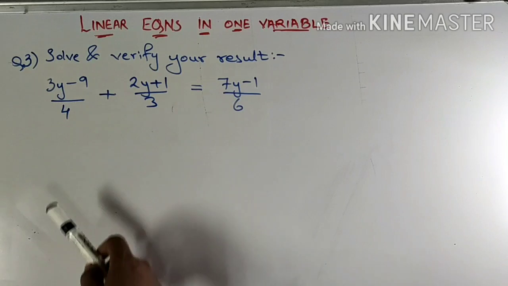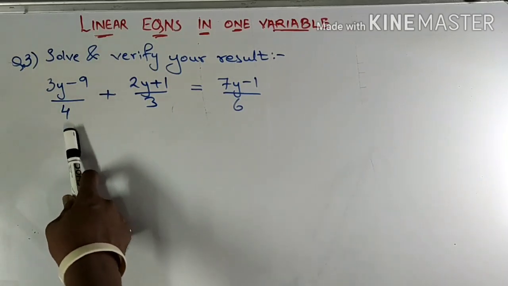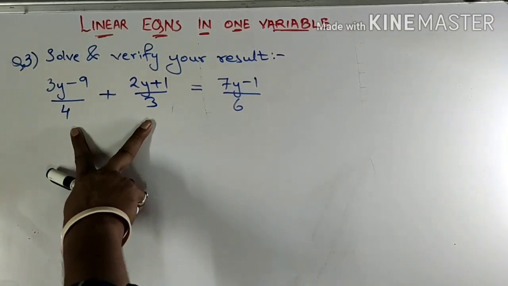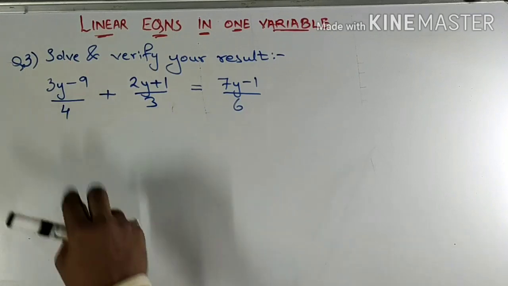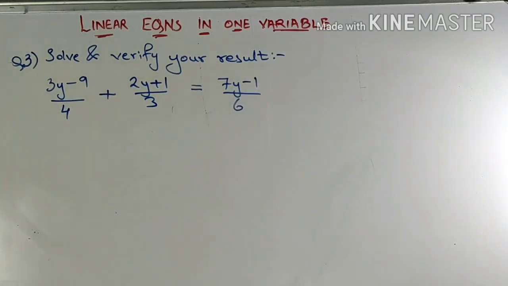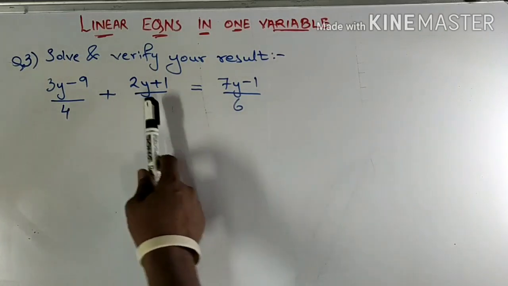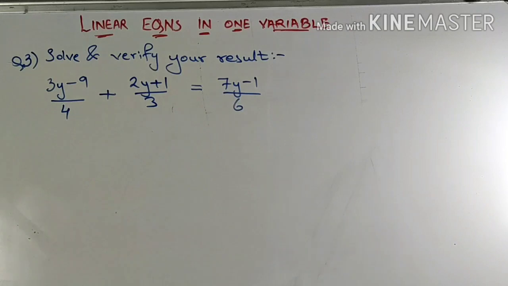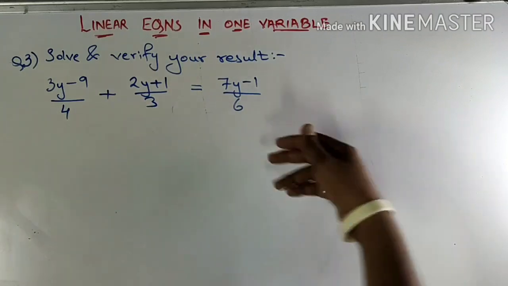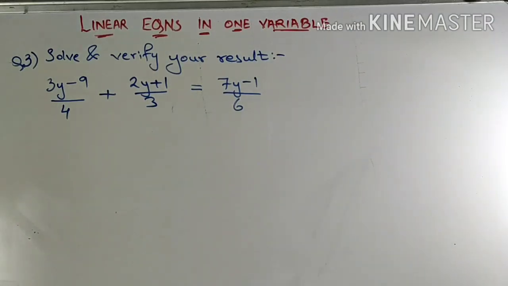Now over here, the LHS consists of two different fractions with different denominators, and RHS one fraction with 6 as a denominator. Now try and find the LCM of all these three numbers in the denominator. Why? Because once I get the LCM, I'll be able to eliminate the denominator from both the sides. So my major problem gets solved.